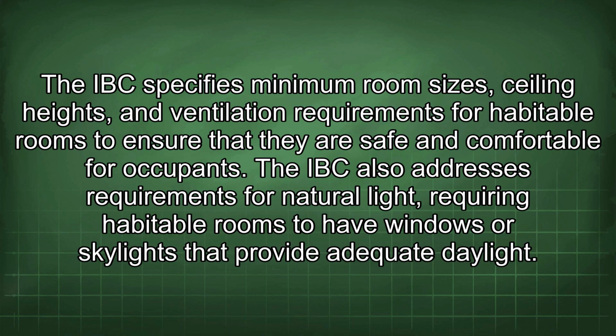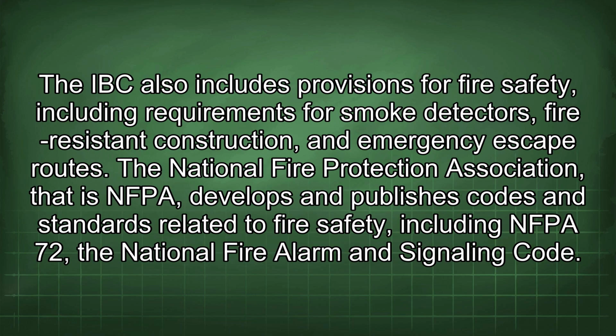and comfortable for occupants. The IBC also addresses requirements for natural light, requiring habitable rooms to have windows or skylights that provide adequate daylight. The IBC also includes provisions for fire safety, including requirements for smoke detectors, fire-resistant construction, and emergency escape routes. The National Fire Protection Association, that is NFPA, develops and publishes codes and standards related to fire